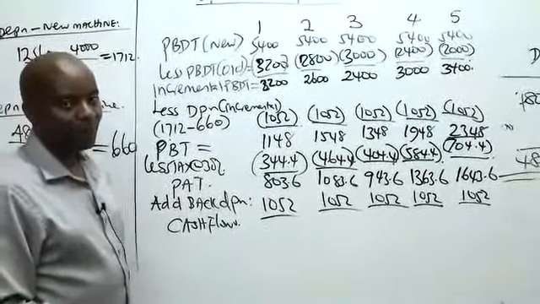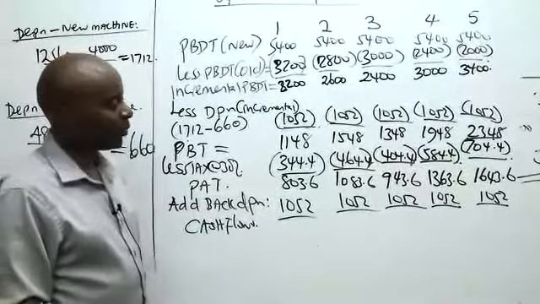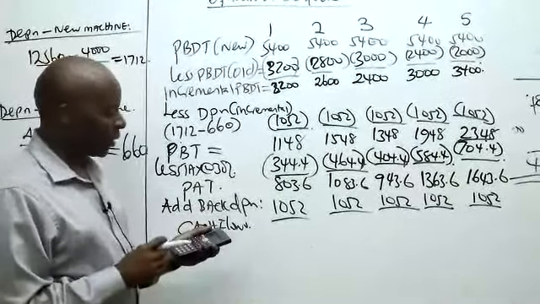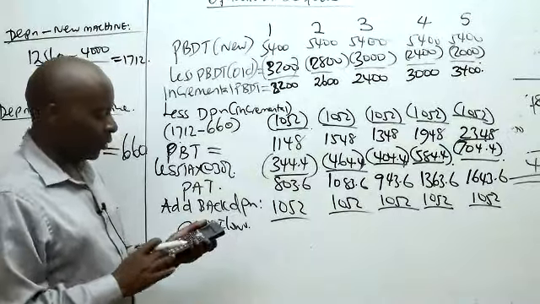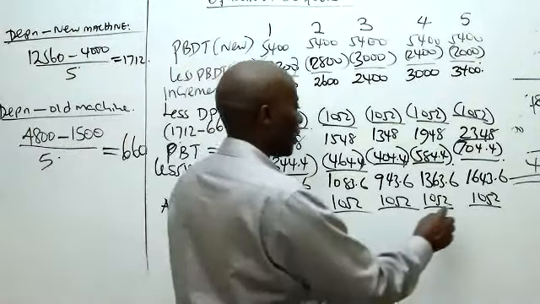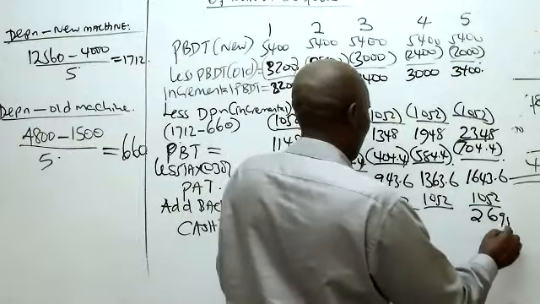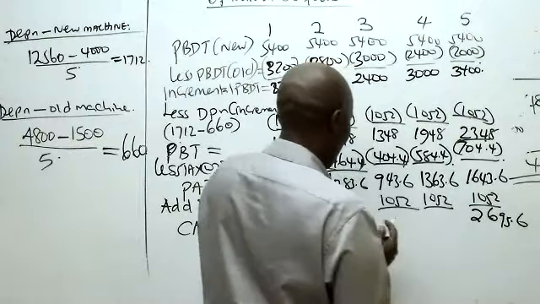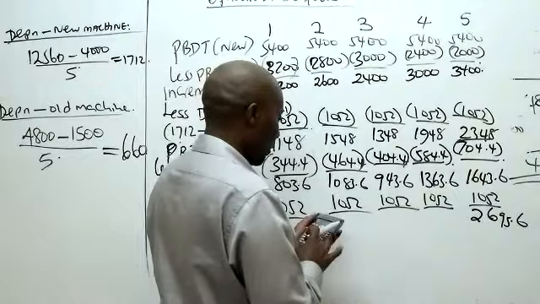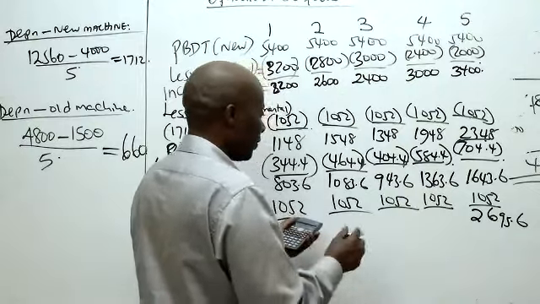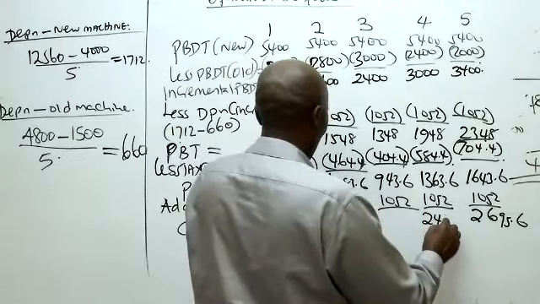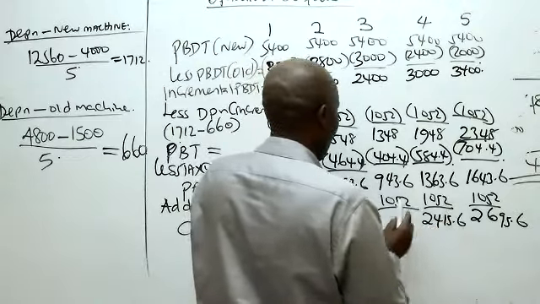Right. So we have there plus 1052. What figure am I able to get here? 2695.6. 1363.6 plus 1052 gives me 2415.6. Then we have